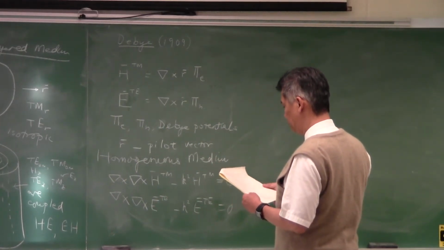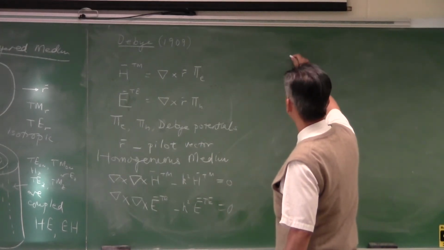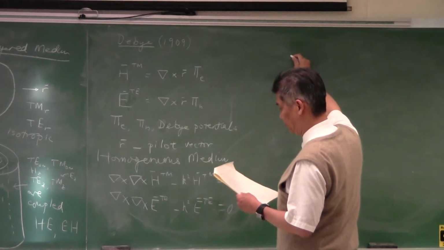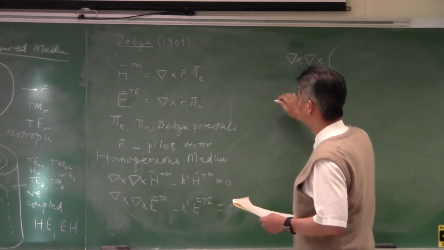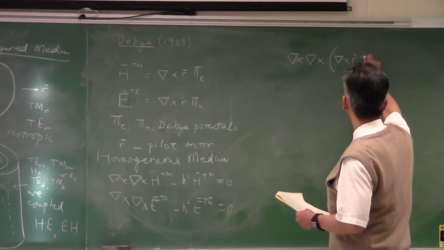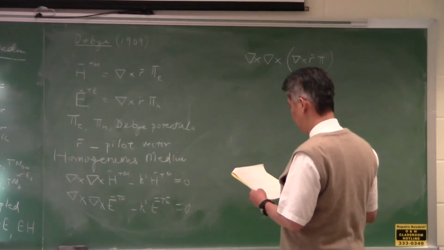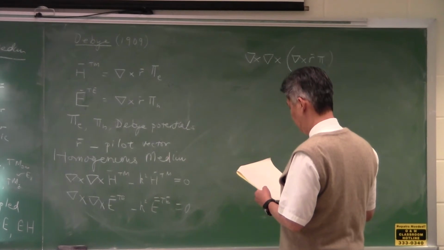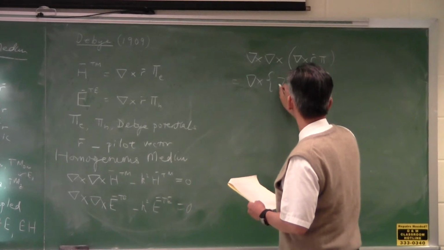then we want to figure out the fact that the H field, let me see what we want to show. We want to simplify this curl of R pi, and this pi can be pi E or pi M. We want to see if we can simplify this first. If I were to look at this, I would first look at this term first. Curl cross